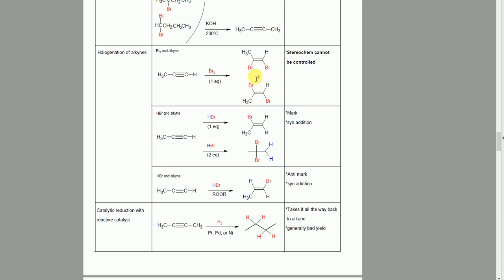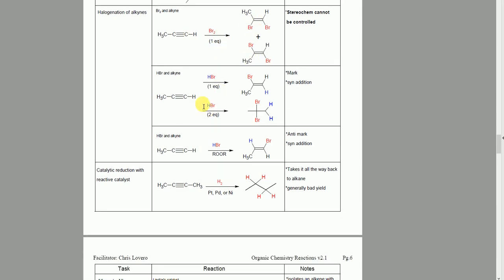So I'm not going to know if I'm going to add the Brs on the same side or on different sides. Okay, so it doesn't really matter. But you can get a mix of these products. And so it's going to do the same thing. It's going to add two bromines to this triple bond. It's going to reduce it back down to a double bond. So bromine over here, and they can be either cis or trans. Easy. And then I have the HBr reaction, which is very similar to the HBr reaction with the double bond,